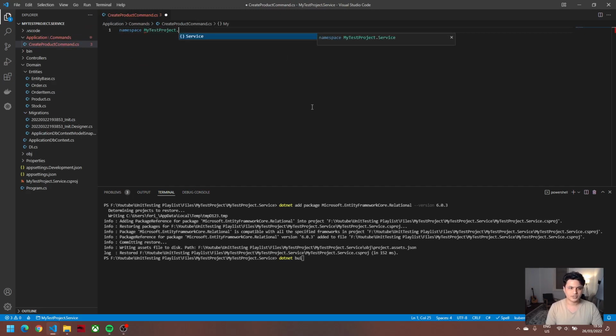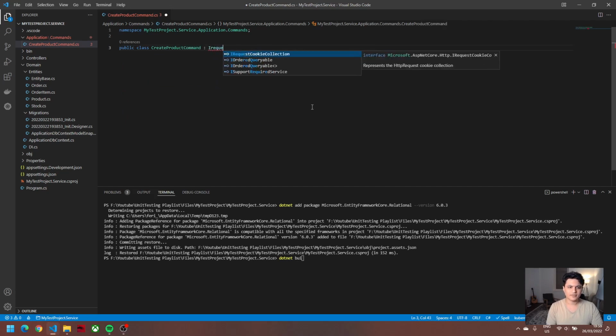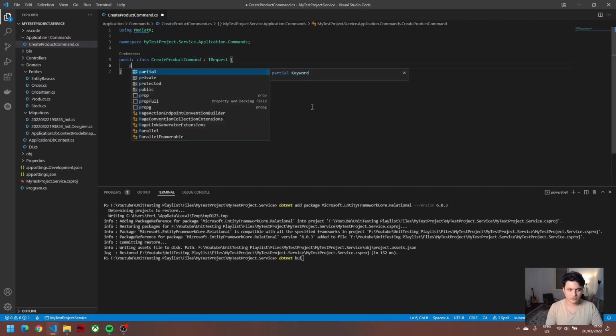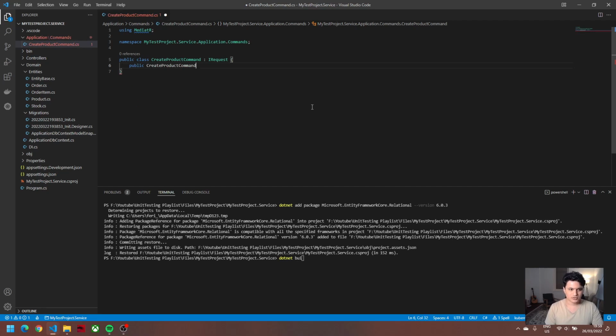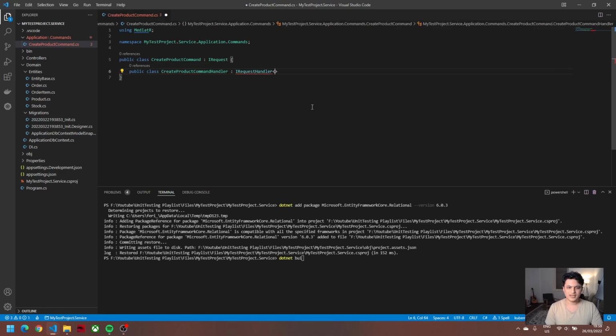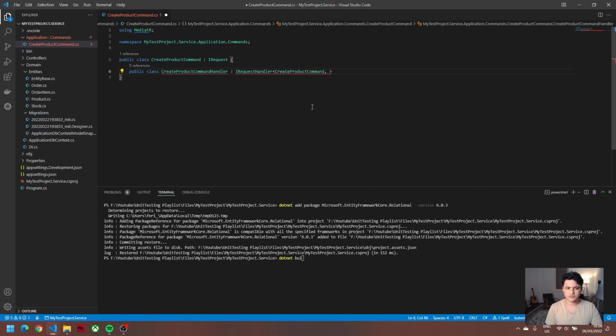So now let's say I'm going to have a create product command.cs, and it's going to be under my test project, the service application that commands, and the class is create product command. With mediator you need to implement the IRequest, and you need to implement the IRequestHandler for the handler class. So it's going to be like public class handler, and here you have IRequestHandler, and in the first type you have to say